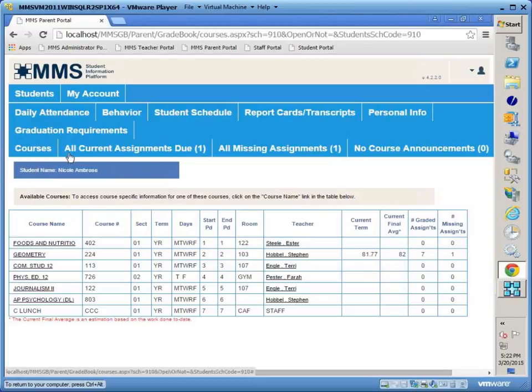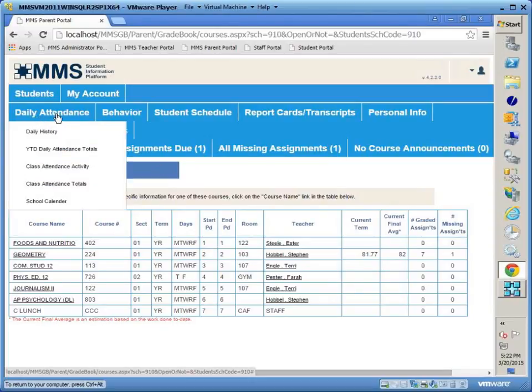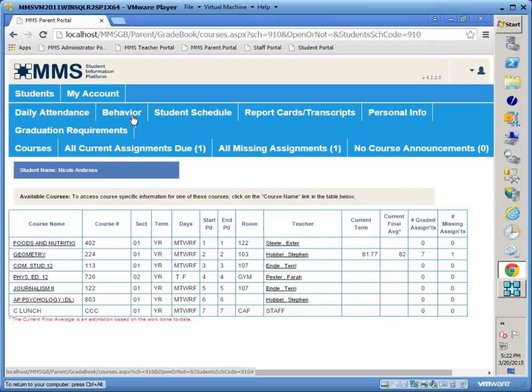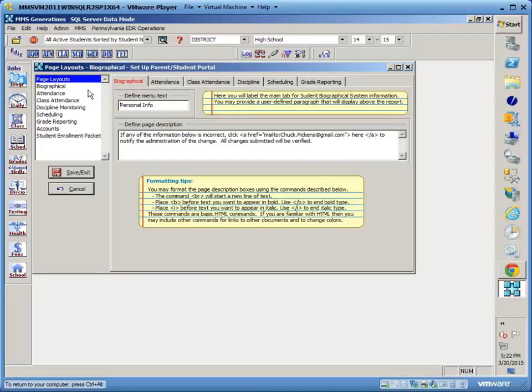And in the page layout area, the school can actually determine what they want to have for wording in the documents. So for example, I have behavior here. That's our discipline area. So you can choose whichever name would be appropriate for your school. So like I said, we are going to focus on the page layout area, and that's what I have selected here. We have all of these different areas that we can determine or change the wording or how we want things to display. So the first is biographical, and rather than put biographical, I choose to enter in my